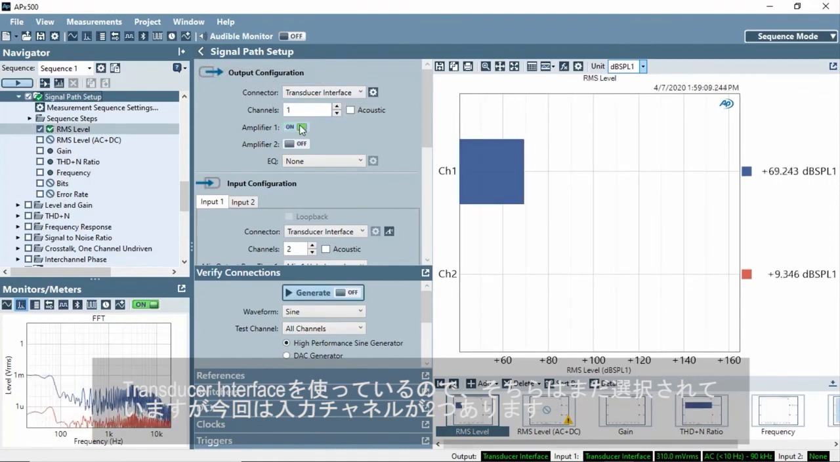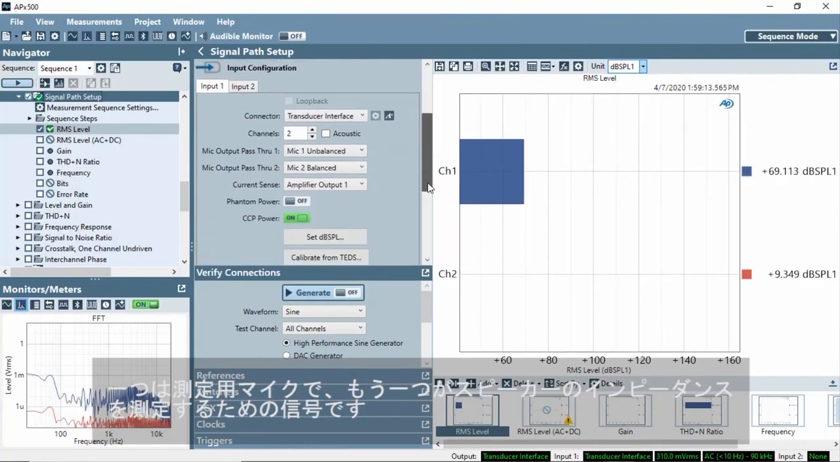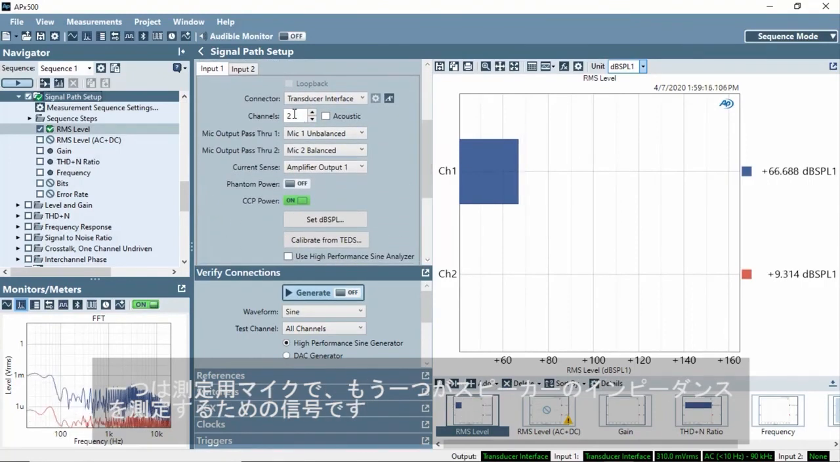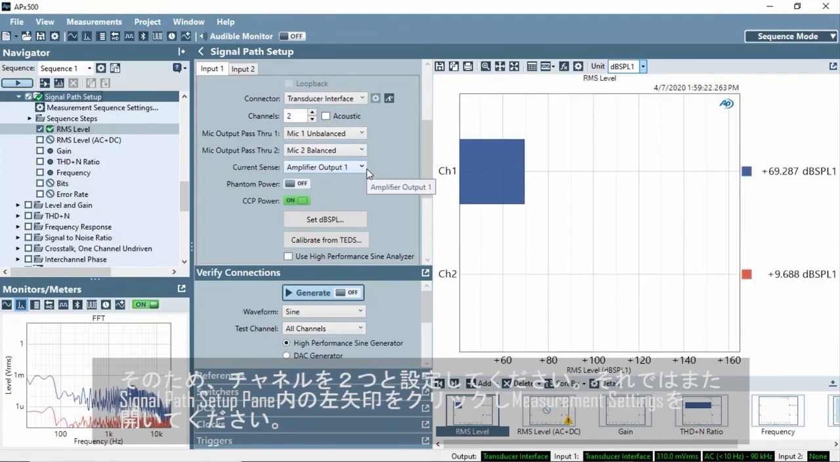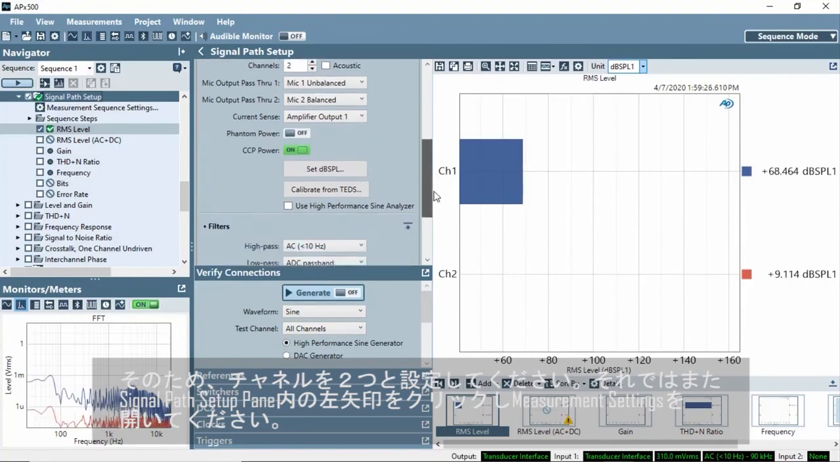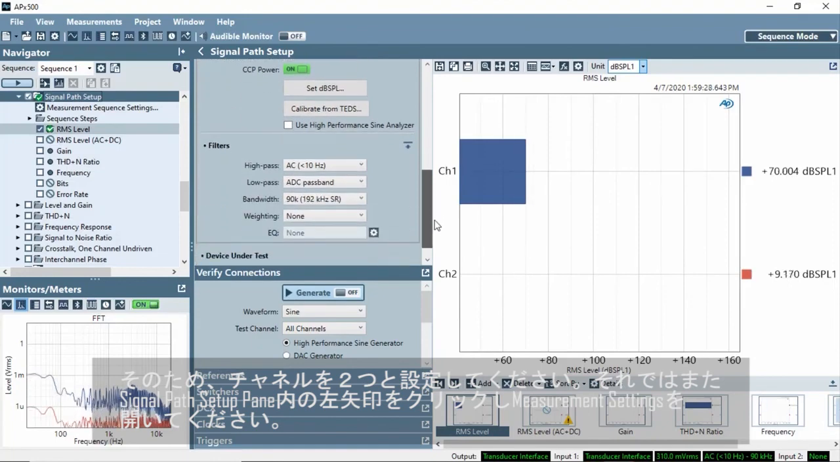We are still using the transducer interface, so that is still selected. However, now we have two input channels. One is the measurement mic and the other is the current sense signal to measure the speaker impedance. Set channels to 2. From here, we toggle the left arrow in the signal path setup pane to get to